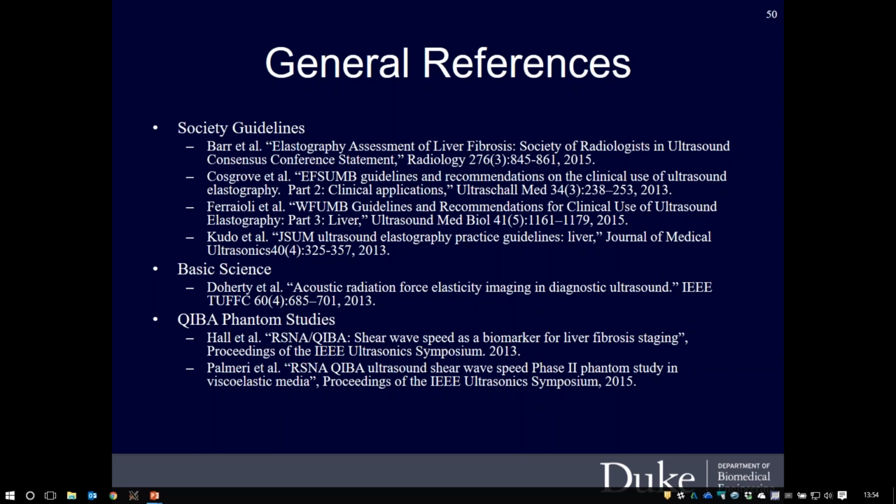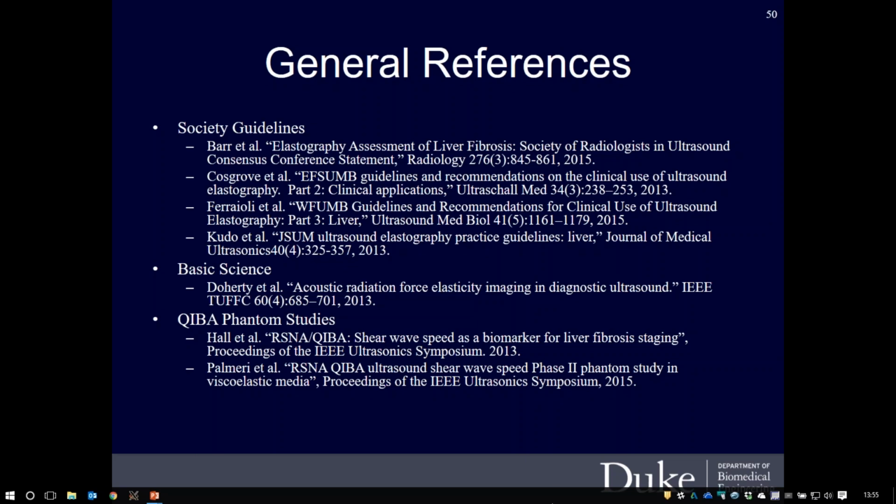Another great question, and exactly not what most of them are designed to do right off the bat. At least the point measurement systems. So the 2D shear wave speed imaging systems are actually specifically trying to look at delineating structures with contrast. It's more commonly been applied in the breast than in the liver, but could be done in the liver. I'm going to defer that to say right now that's an active research question.